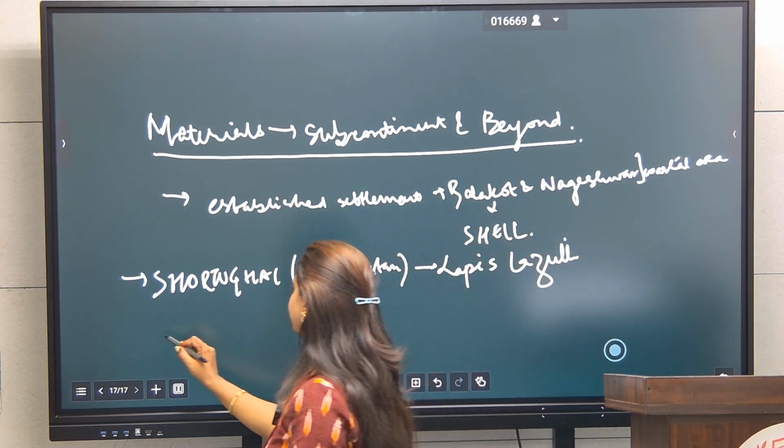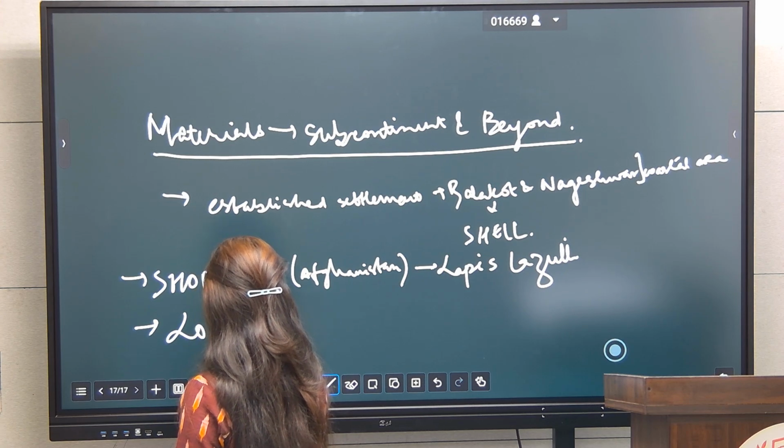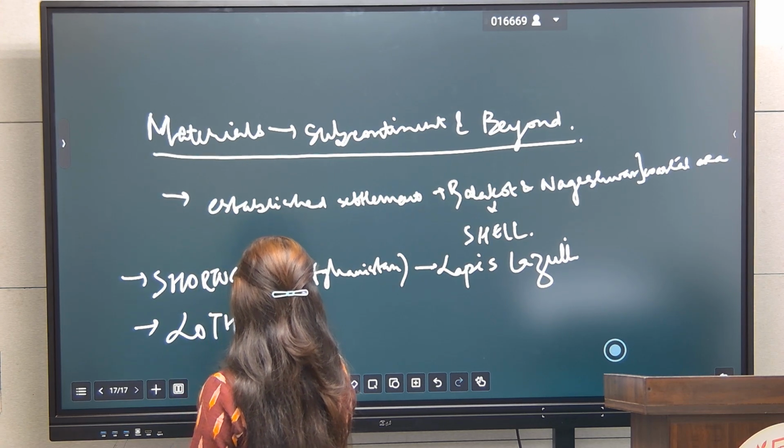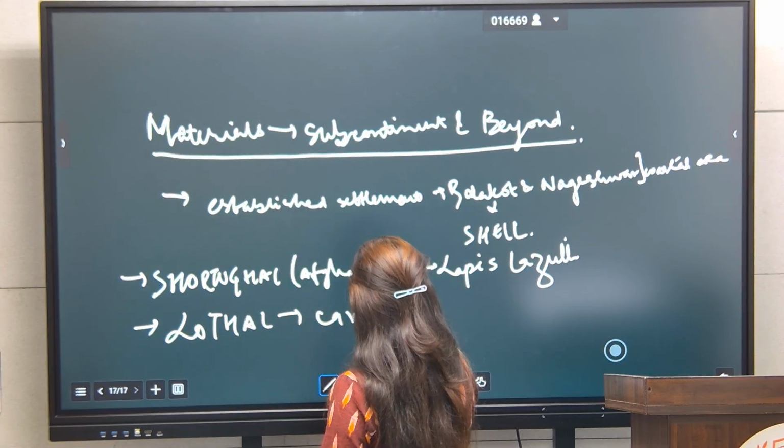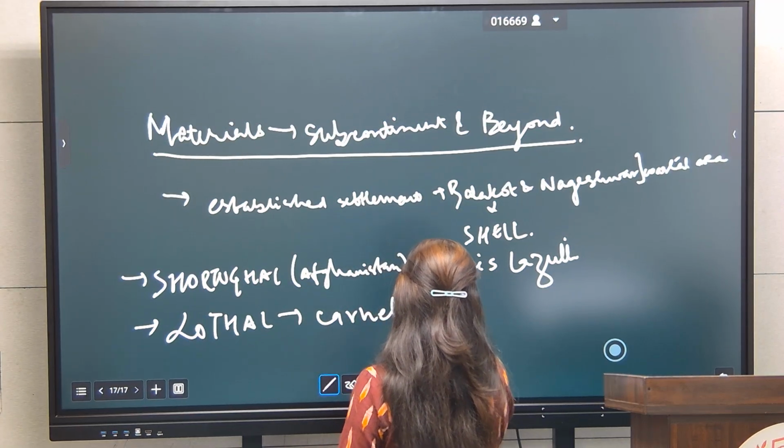Lothal was known for carnelian. Lothal was known for a beautiful red stone called carnelian,